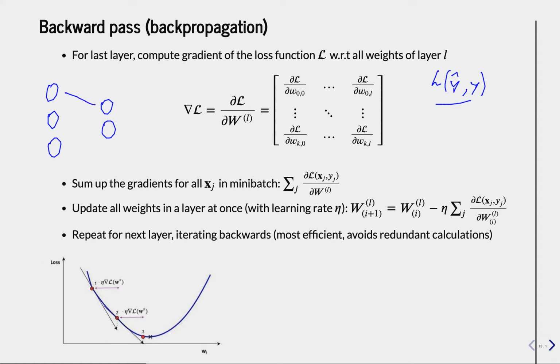And so this gives us some predictions, Y, and then for that we compute the loss. Then we want to update this weight ij here. Or how can we change this weight so that the loss reduces? Now, purely naively, we could just slightly increase that and decrease that and see which one is better and then use the best version of that, but that doesn't really work in practice. It's too expensive. So to optimally optimize this weight, we compute the gradient of this weight with respect to the